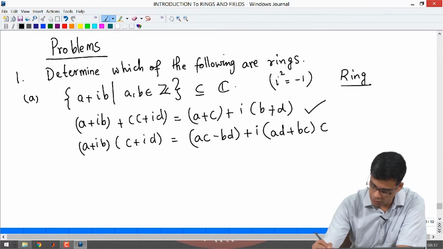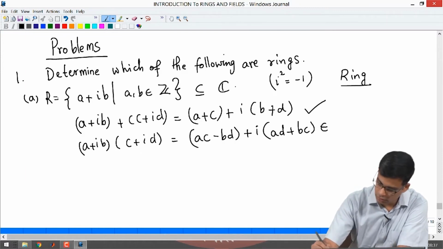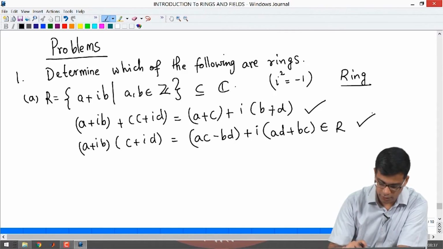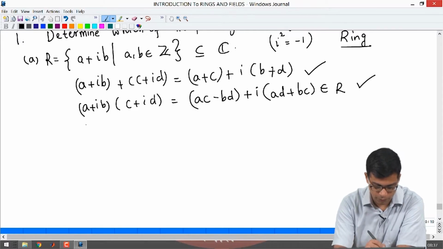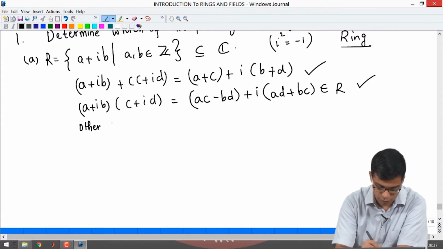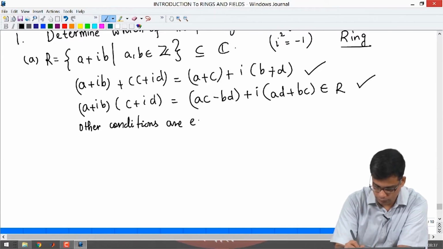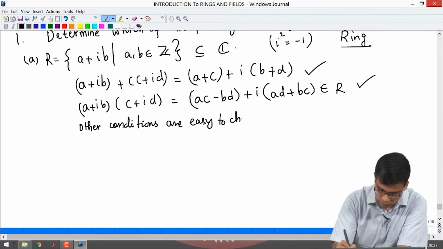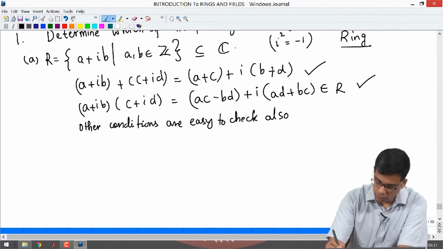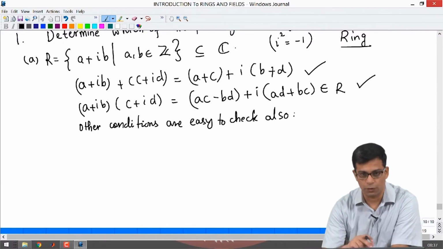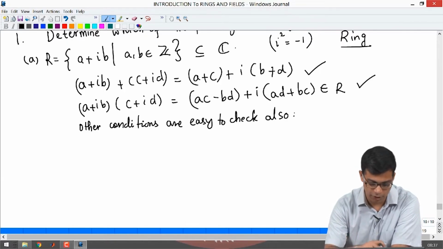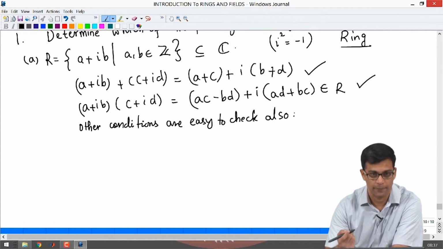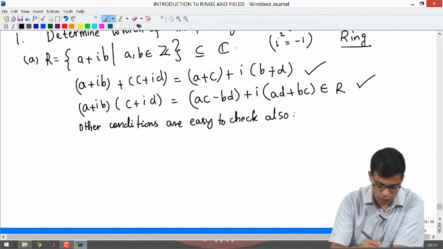So, this is also in this set, if you call this R. I will let you check the other conditions; they are easy to check also. Typically, the key things to check would be product and identity element and inverses. Of course, the identity element is there, it is 1, it is of the correct form. So, R is a ring,